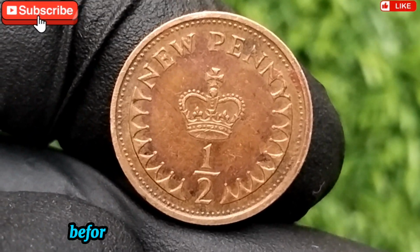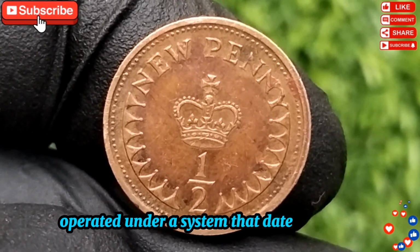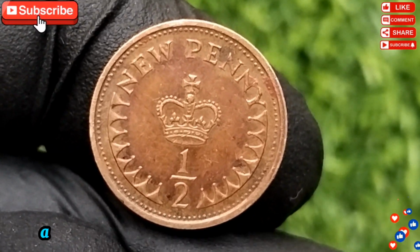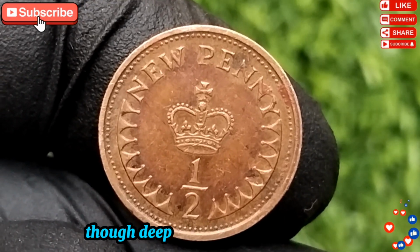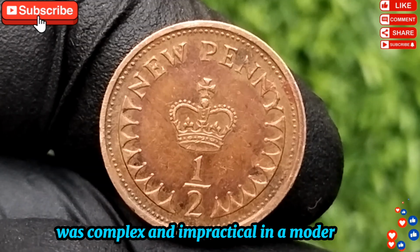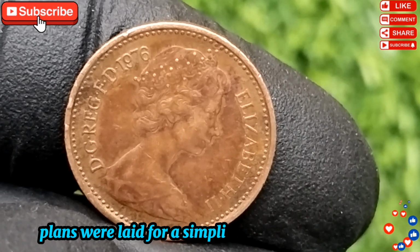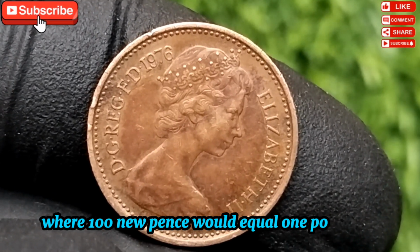1971. Before decimalization, British currency operated under a system that dated back centuries, using pounds, shillings, and pence, where 12 pence equaled a shilling and 20 shillings made a pound. This archaic structure, though deeply rooted in tradition, was complex and impractical in a modern, increasingly globalized economy. By the late 1960s, plans were laid for a simplified decimal system where 100 new pence would equal 1 pound